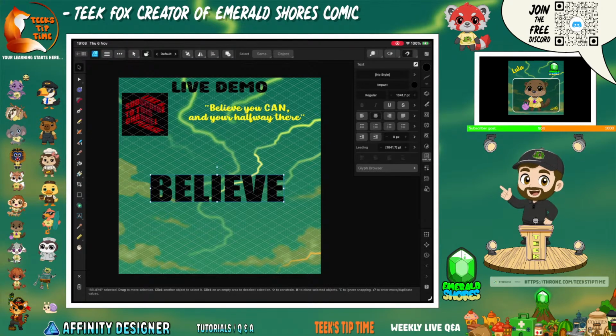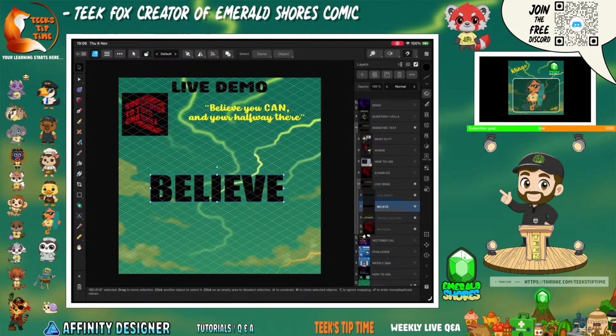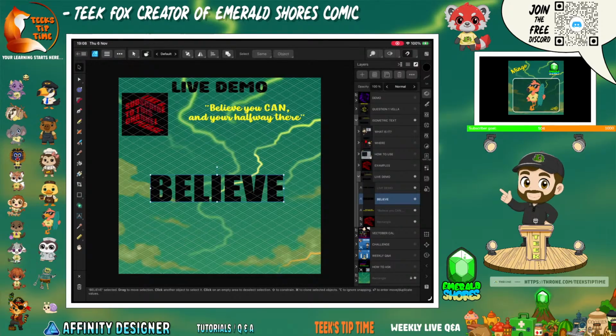In fact, let me get that cube. Have I got it on here? I don't think I've got it on here. I was going to get the cube so you could see what I mean, but I don't think I've got it anywhere. It was on the thumbnail. So getting back to this word, believe, with it selected in layers, what we need to do,